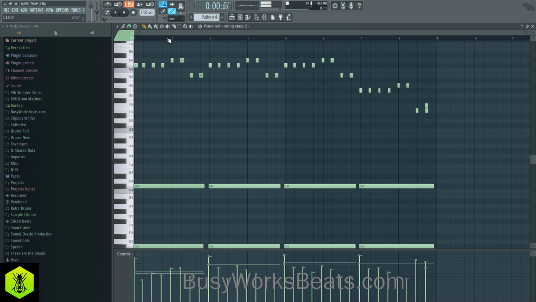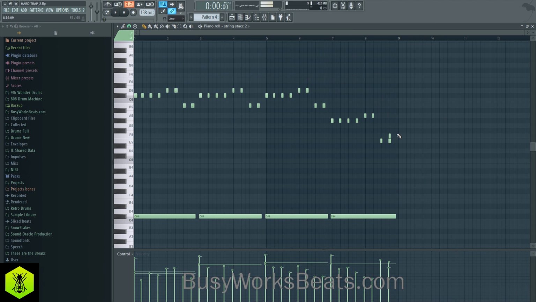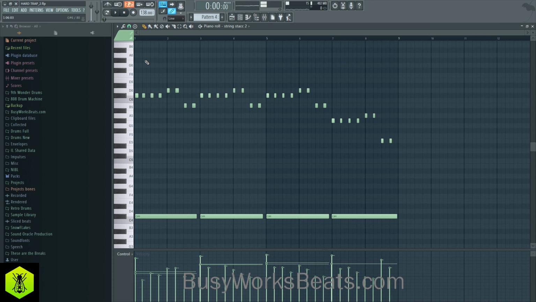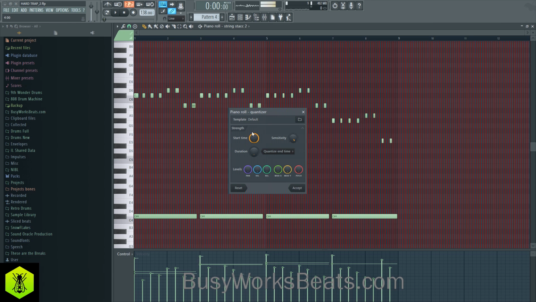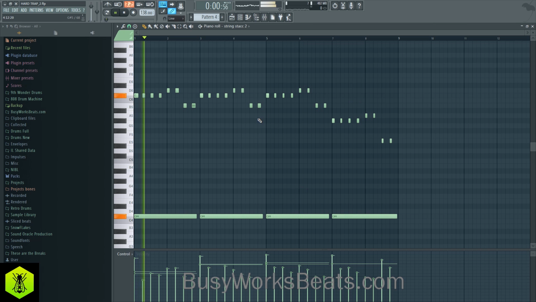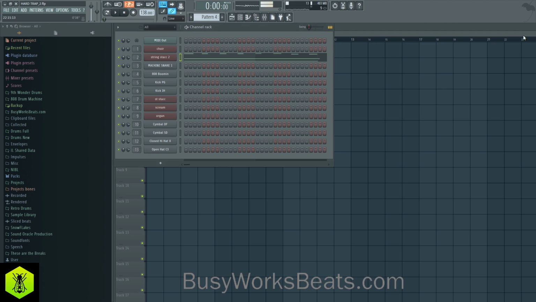And let's just make sure this is lining up with the grid. Sometimes when you record in FL Studio, it's off the grid. You can see it's a little early, so let's just hit Alt right 1, 2, 3, 4 to get it closer to where it should be, and then let's hit Alt Q to quantize the notes. I just turned my start time all the way up, sensitivity all the way up. That way, the sounds are locked into the grid. It's okay to be quantized in trap music.